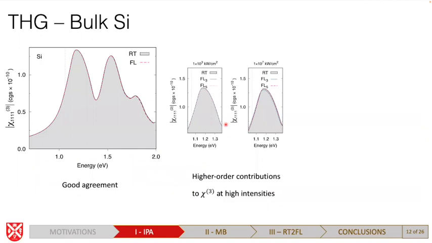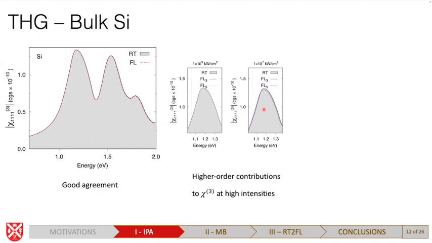Convergence with Floquet modes in this case is a bit more tricky. At low intensities, you will be fine with 3 Floquet modes. But if you go to higher intensities, then you will probably need 5 Floquet modes to capture fifth-order contributions to the third-order response, which depend on the intensity of the electric field and show up at these high intensities. This will obviously impact the efficiency of the algorithm because your matrices will be bigger and